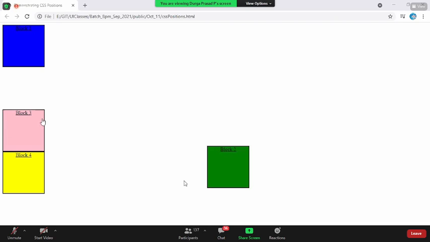We cannot make other elements come there. Only when an element is on the Z axis, another element can come. For example, you may feel like the yellow box, if it is also position relative, now I can make the yellow guy feel like it is occupying that space. At the background, the space is always there.